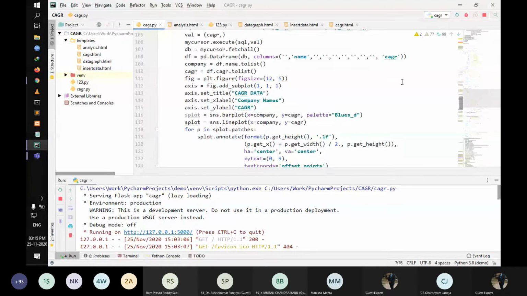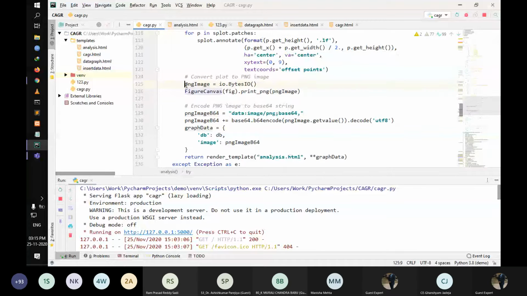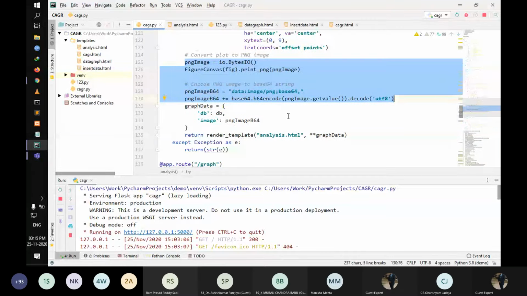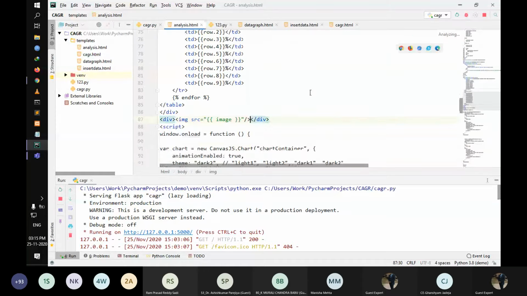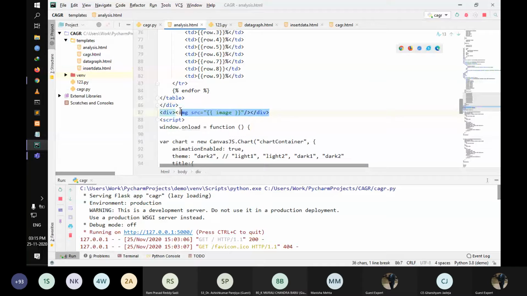Let me just show you where we are using it. Yes, this is the one we are using to convert the image, and then it goes to the HTML analysis. And here you can see just the image tag, where the name is mentioned. That's all.